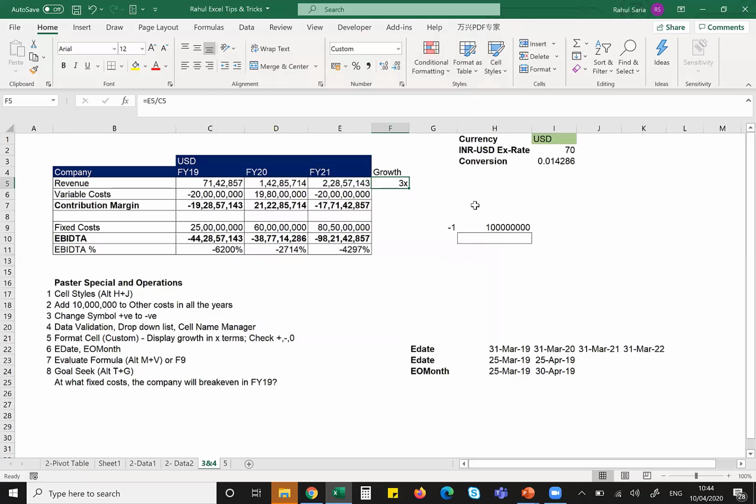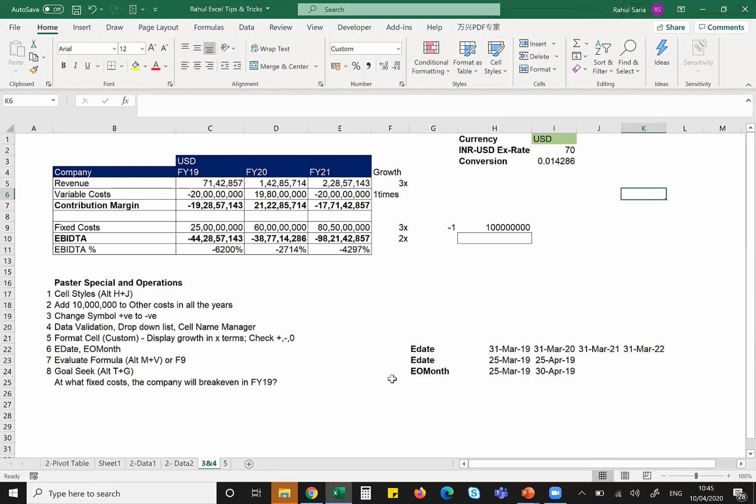Now this shows what the growth is. This is 1x growth. This is 3x growth, and EBITDA growth is approximately 2x. Isn't it beautiful, guys? So you can simply show your data, or instead of x, I can just write times, but x looks better. So I use x. It's all up to you. This is a format change. That's it. If you press F2, the number and formula are as they are, but it does not show you how the x came.